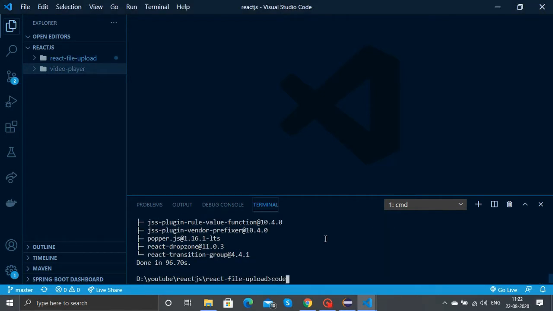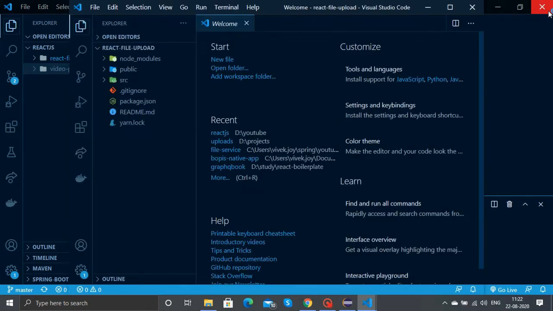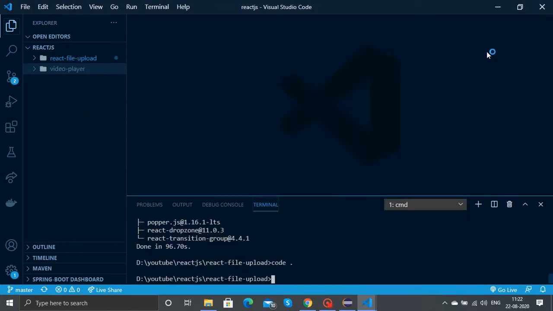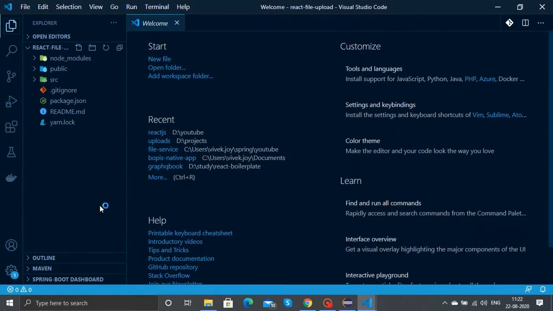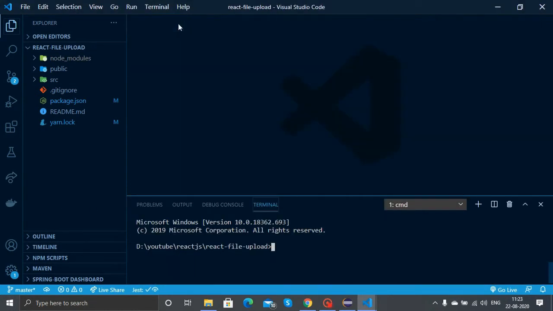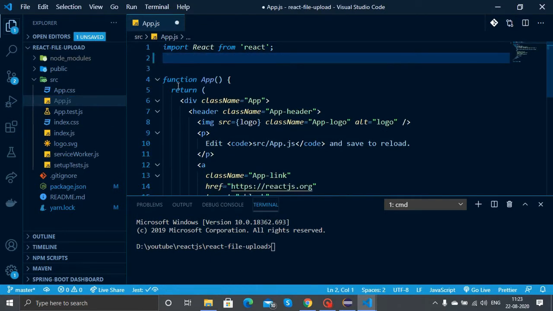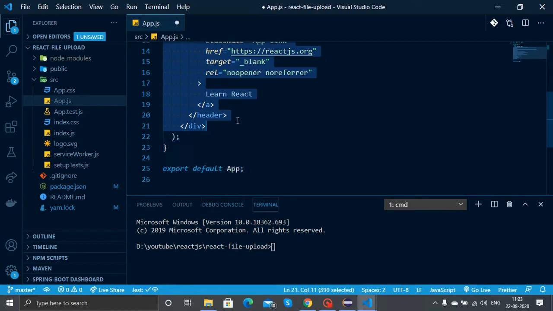Now as we have finished the basic setup, let's open it in another window. As you can see, we have all the folders listed here for the create-react-app. Now we need to do some cleanup. From the src folder we can go to App.js and remove the import for logo and App.css. Let's clean the content.